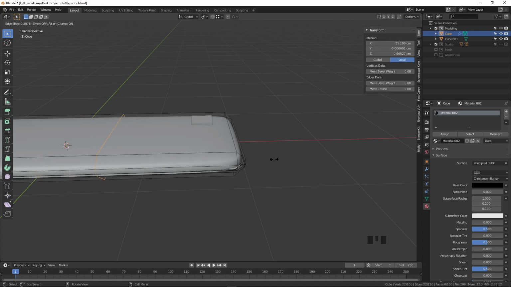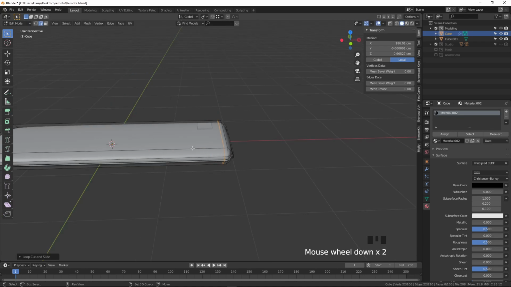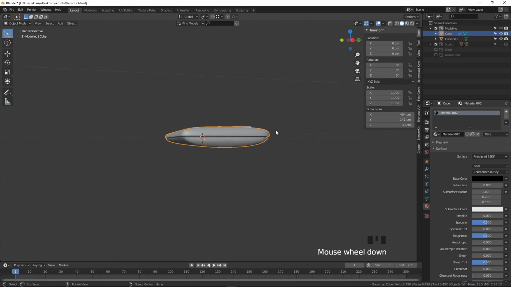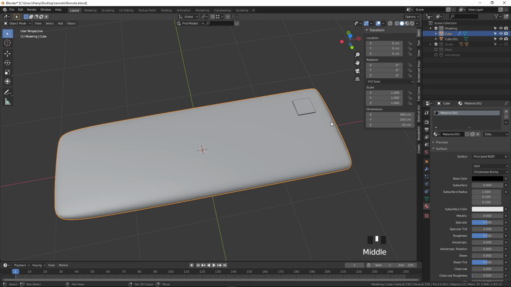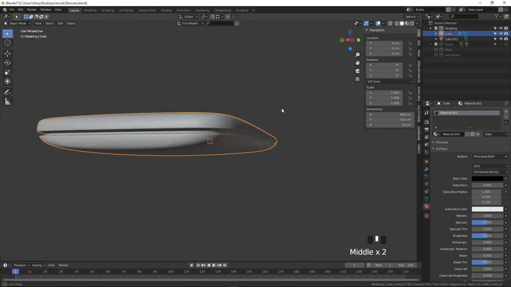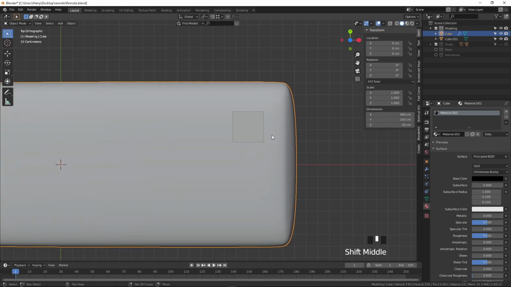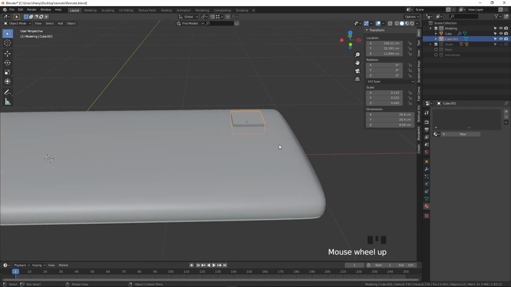We can make the corner a little bit sharper, the button part that comes in front, by pressing Control R and creating one loop cut. Now the front looks like a neat box. The back side has some small designs. Fine. Press 7 on the keyboard. Okay, this is enough.